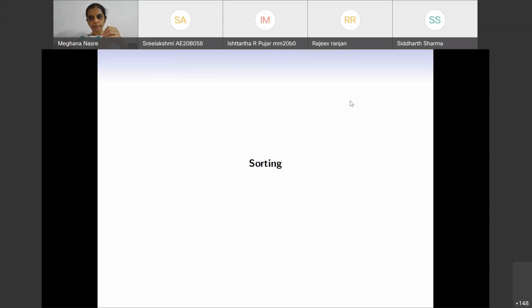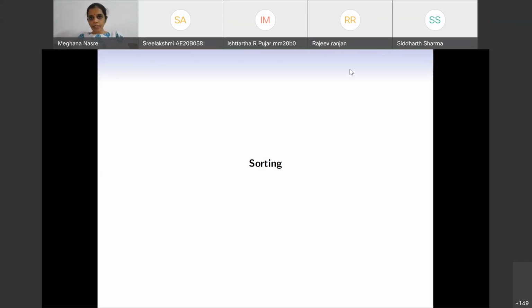Ma'am, it's not sorted. We have to repeat this process, all the way to the 100 papers. So this repetition is also required, but I don't know whether this is a standard algorithm. It can maybe be repeatedly done, but it will have to have a convergence, and you will have to do something to make sure that it is sorted. But this is not the standard insertion sort. Whatever Ishtartha said is the standard insertion sort.